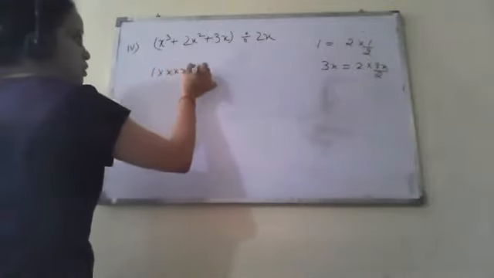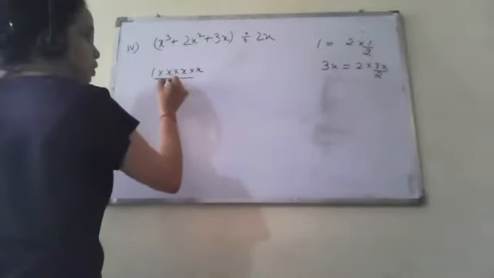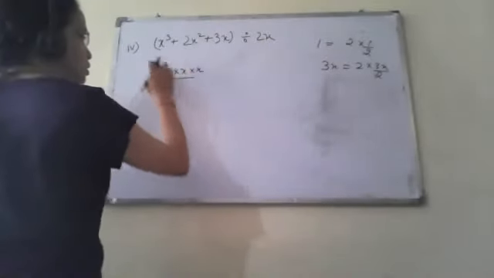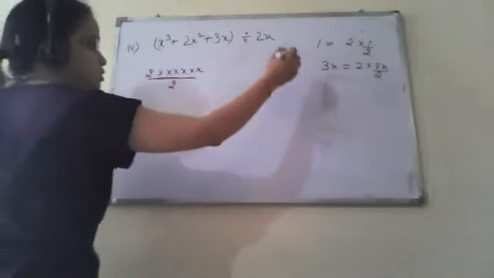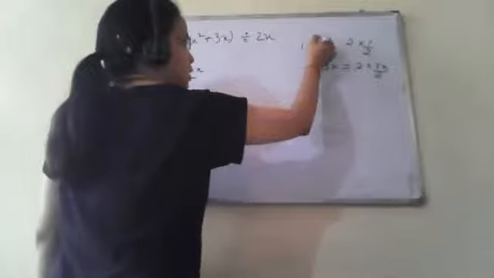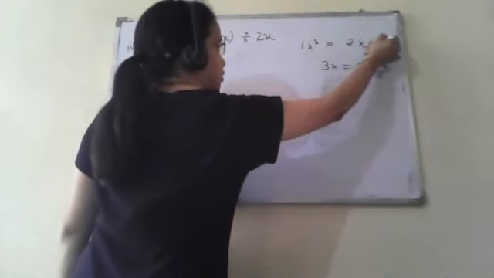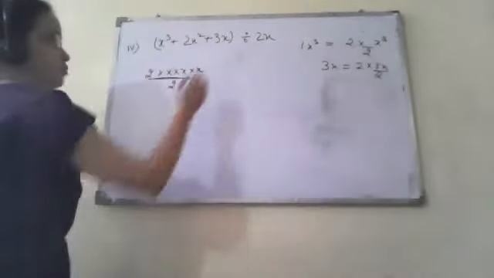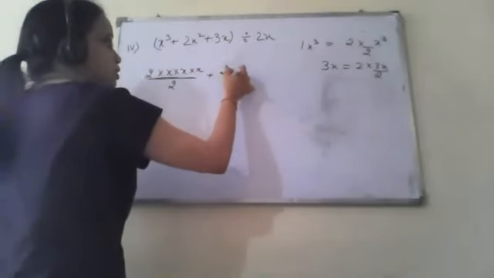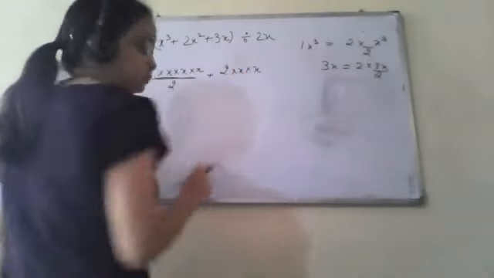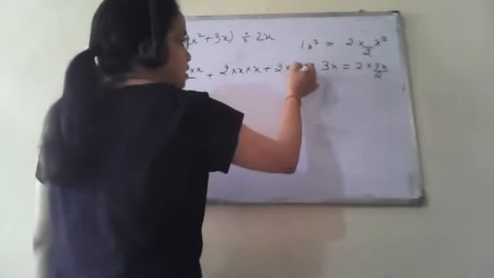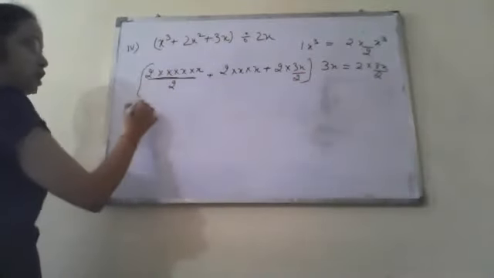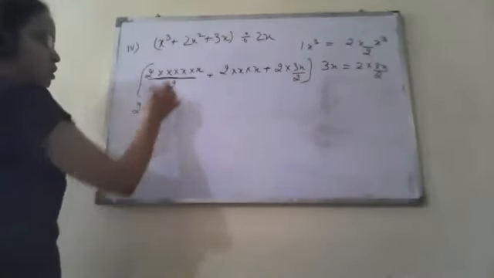So now it is 1 into x upon, sorry, it is 2. So we have modified this expression. Okay. x cube can be written as, clear? This was 2 into x. Now this was 2 into 3x. So this was our expression. Now we will take 2x outside. What are we left with?